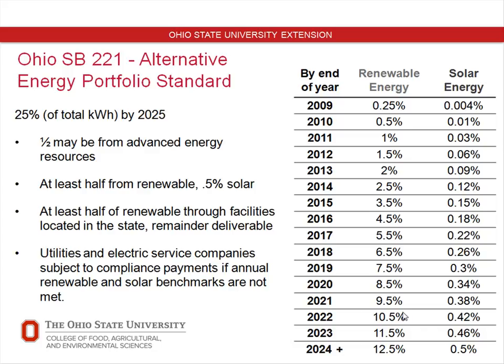So to kind of step back once, we talked earlier and showed the chart about the connection between policy and development at the national level. When we look at what's happening here in Ohio, and once again, this is a drop in the bucket when we consider all of the electrical consumers in the state of Ohio, in 2009, there were 14 certified renewable energy facilities in the state of Ohio.